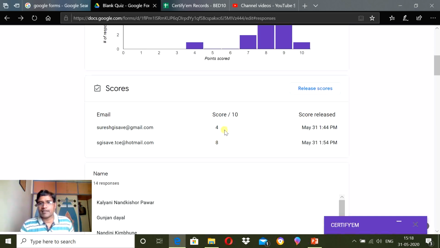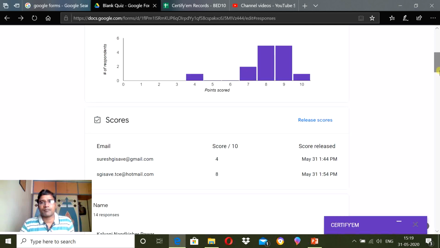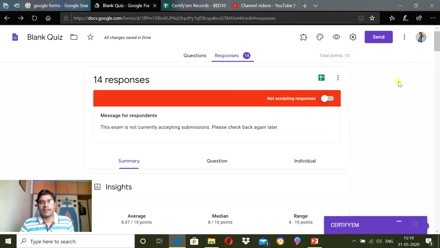In this case, the first candidate, and 50% was the passing criteria, this person will receive the certificate when I click on release score. Release score is nothing but releasing the certificates, so automatically the certificates will be sent to the email of the participants. So in this way you can use the facility to release the score later.